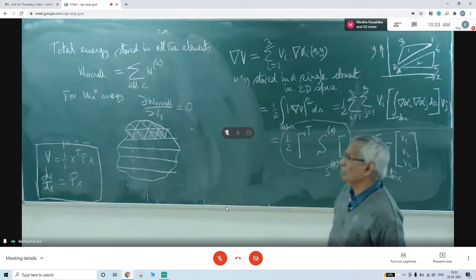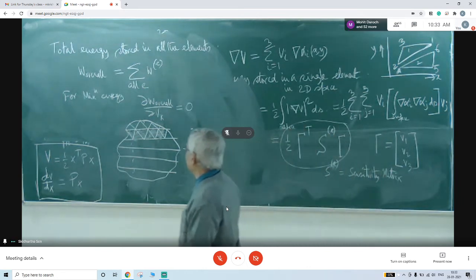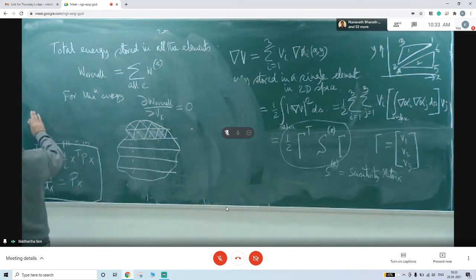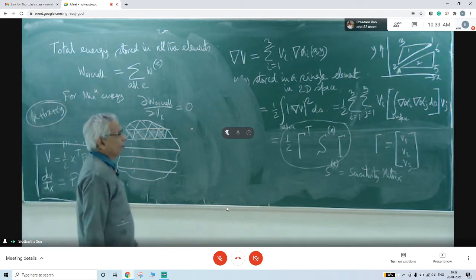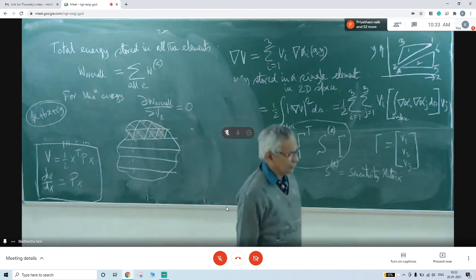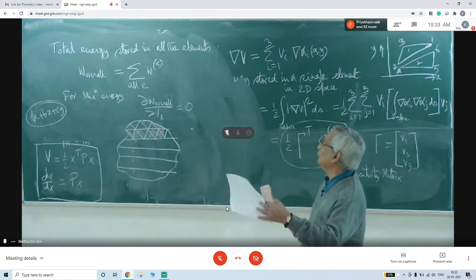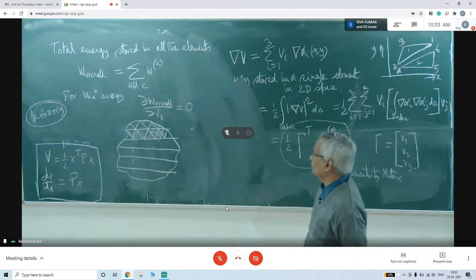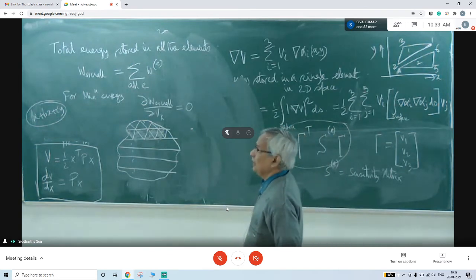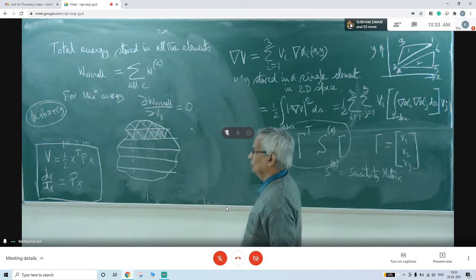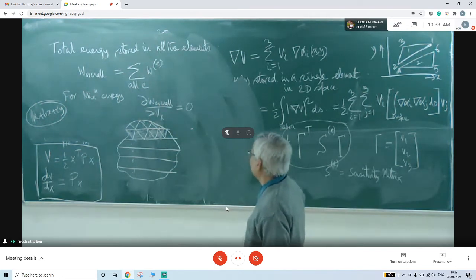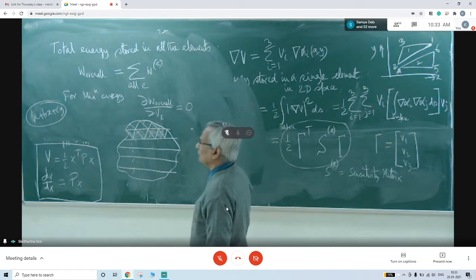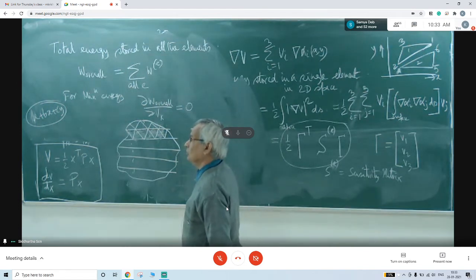Basically, as I told, if we assume a linear relationship in 2D form, it will have to be a plus bx plus cy. For that one, we used a triangle. But if we use some other approximations, that could lead to a quadrilateral or many others. If it is 3 dimensional, then it would be a pyramid and many other ways also. It depends upon the geometry, but the simplest one is always a triangle for a 2D geometry.